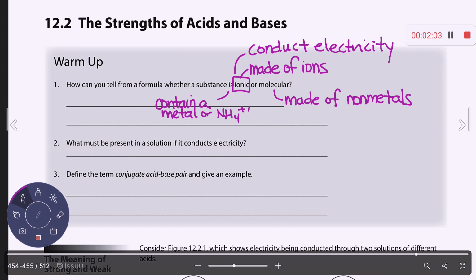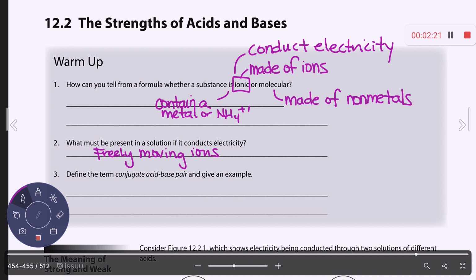And what has to be present in order for it to conduct? I think you said it. Freely moving. Yeah, freely moving ions. And then,